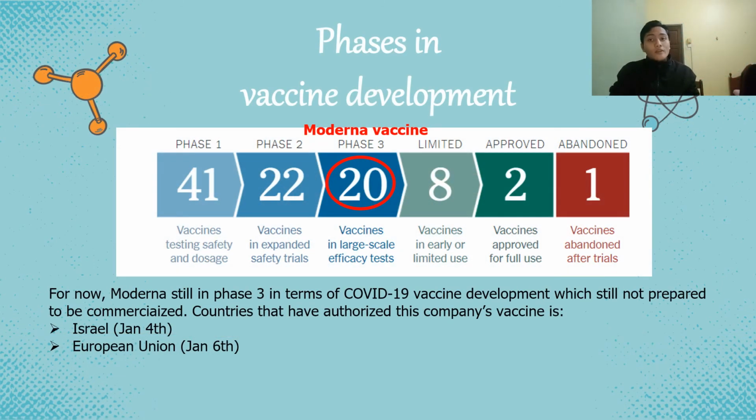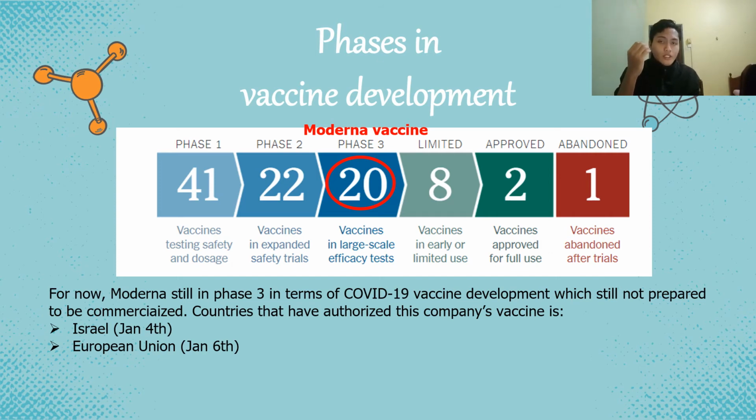So now we talk about the phases in vaccine development. Maybe my friends have explained the first phase and the third phase of vaccine development, and I want to recall the first phase, regarding vaccine testing for safety and dosage. After it passed the first phase, the sample taken was almost 100 people, like for Moderna, where 5 people out of the hundred received the true vaccine by Moderna, and the other 95 got just a placebo. The second phase is about how they try to expand the safety trials.